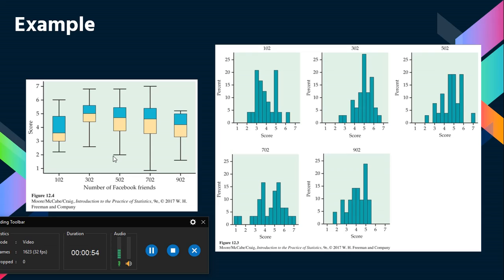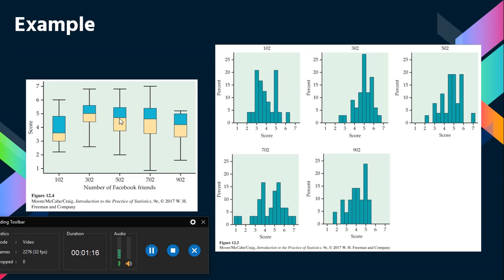So they've made box plots for each different distribution. So people who have about 102 friends, they've made a box plot here. They've done the same with all the other groupings, 302, 502, 702, and 902. And this kind of gives you an idea if they are normal, and we can see